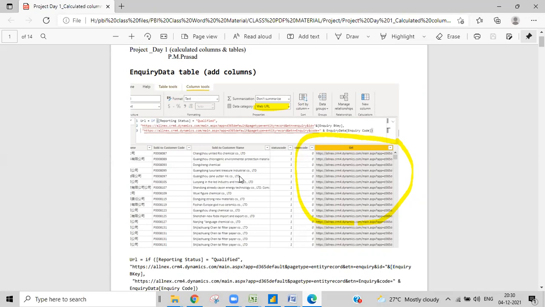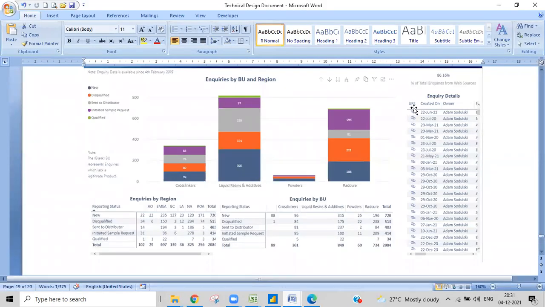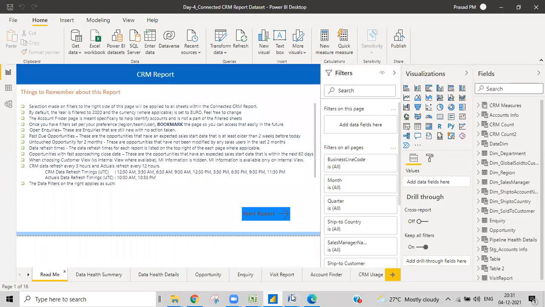Then when we show it in the report visual, we'll turn on the URL icon option, so it doesn't show the complete text, it shows it in this format, like a URL symbol. I'll show you where we can see that, and how we need to convert the long text into this small symbol. I'll show you that.